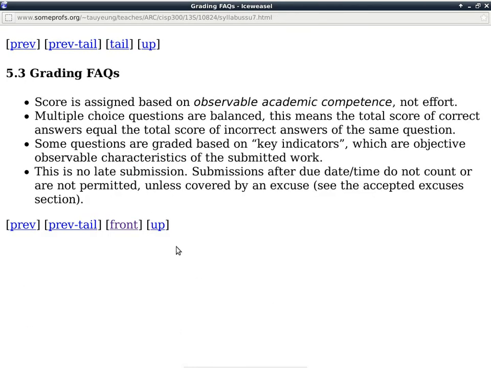Grading FAQ, the score is assigned based on observable